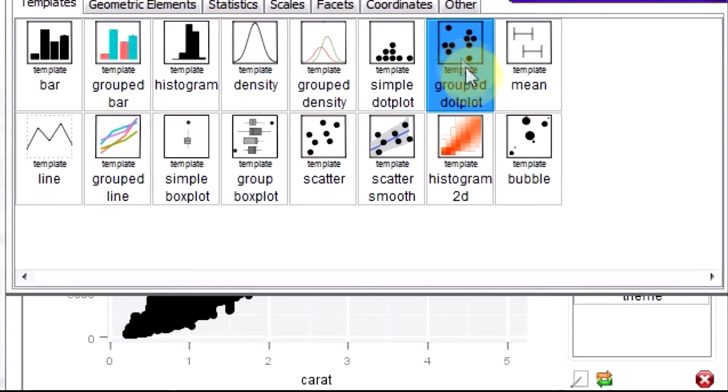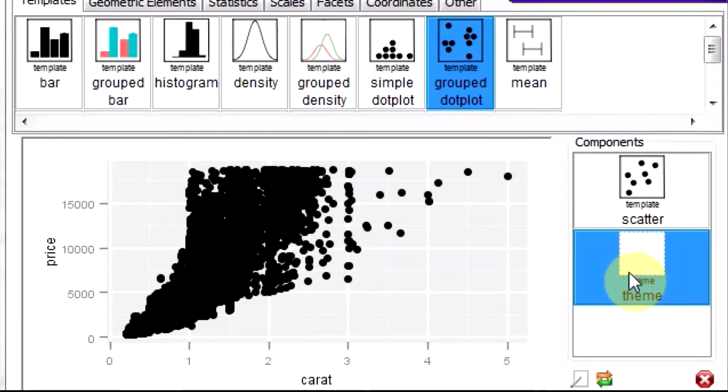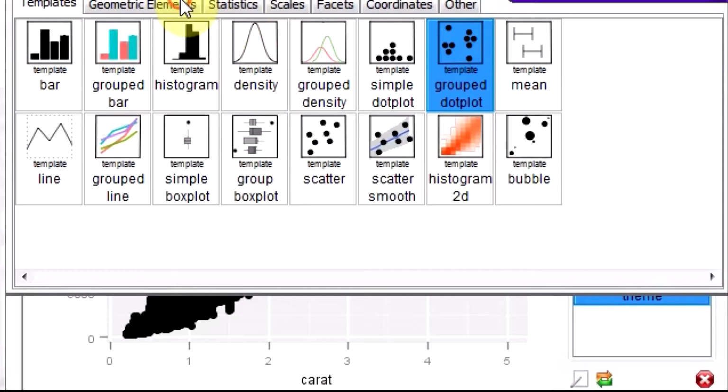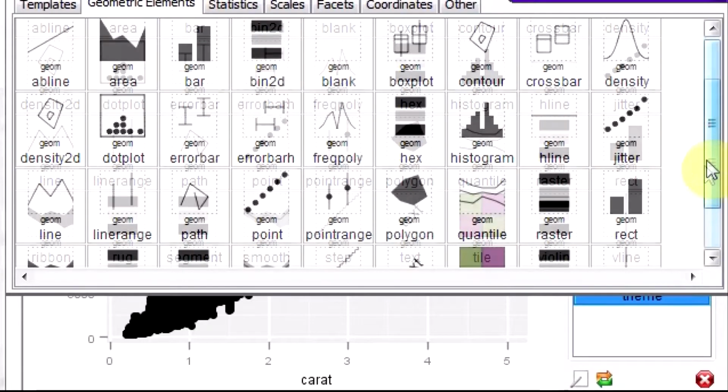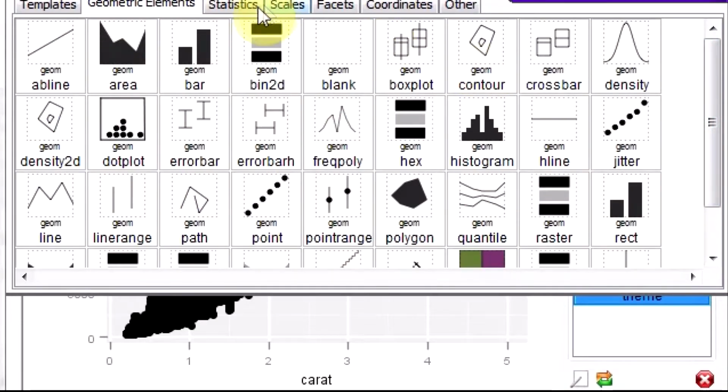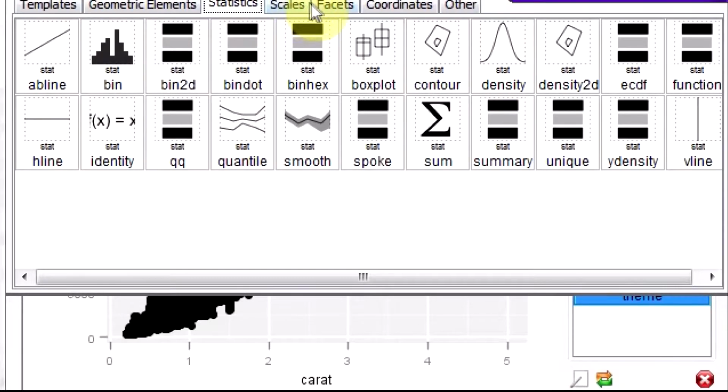So I can do a group dot plot. I did a scatter, right? Then I change the theme. I can make an AB line here.